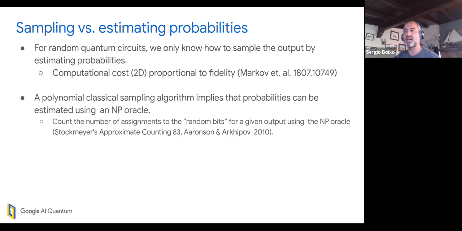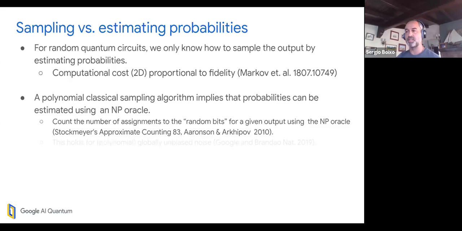Basically, if you have a classical algorithm which is simulating the sampling, then you're going to have some number of random bits which are part of the algorithm. And what the approximate counting method allows you to do is approximately count the number of assignments for these random bits that gives you a particular bit string. So if you can sample classically efficiently, then you can estimate probabilities